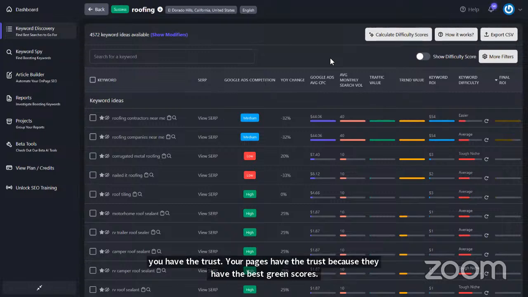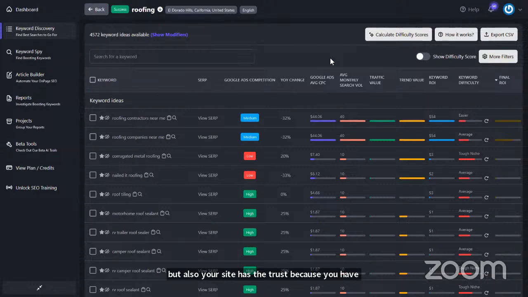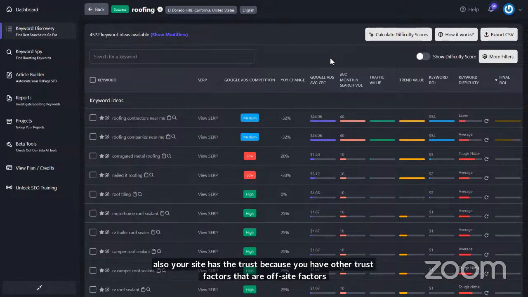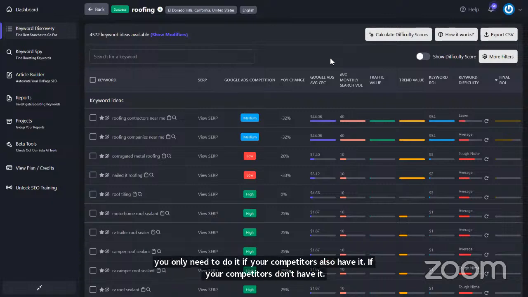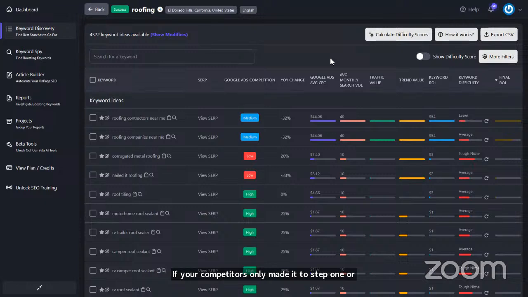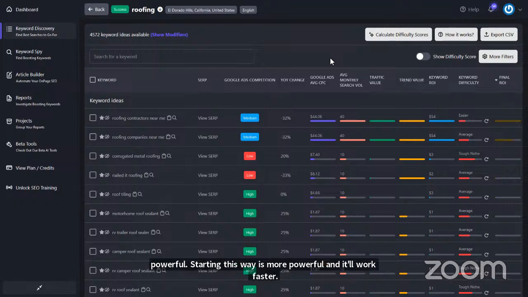you have other trust factors, off-site factors and on-site factors that have nothing to do with on-page, that I would teach in SEO University. Those would be the next steps. Those would be steps 3 to 5 in answering RB's question of things you need to do to have trust. And you only need to do it if your competitors also have it. If your competitors don't have it, if your competitors only made it to step 1 or 2 in this process, or they skipped 1 and 2 and they only did 3 or 4, well then doing the on-page is more powerful. Starting this way is more powerful, and it'll work faster, and it's faster, easier, sexier, better,